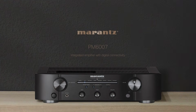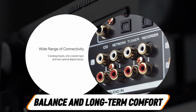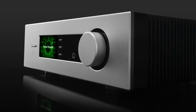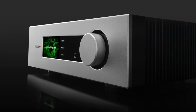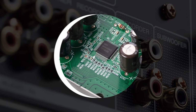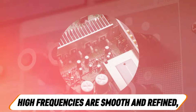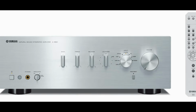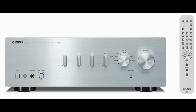In real-world listening spaces, the PM6007 performs best where balance and long-term comfort matter more than sheer output. Bass is controlled and musical rather than aggressive, providing enough weight to support rhythm without overwhelming the mid-range. The mid-band is the heart of this amplifier's sound, presenting voices and instruments with warmth and body that encourage extended listening sessions. High frequencies are smooth and refined, avoiding the sharpness that often causes fatigue with budget amplifiers that chase detail at all costs. This tuning makes the